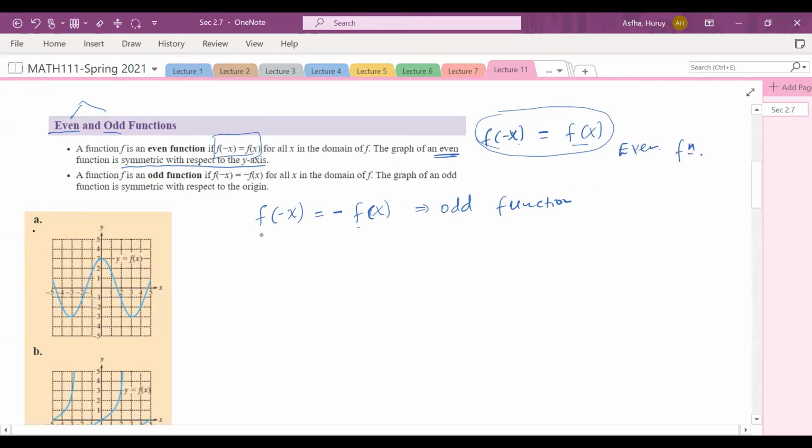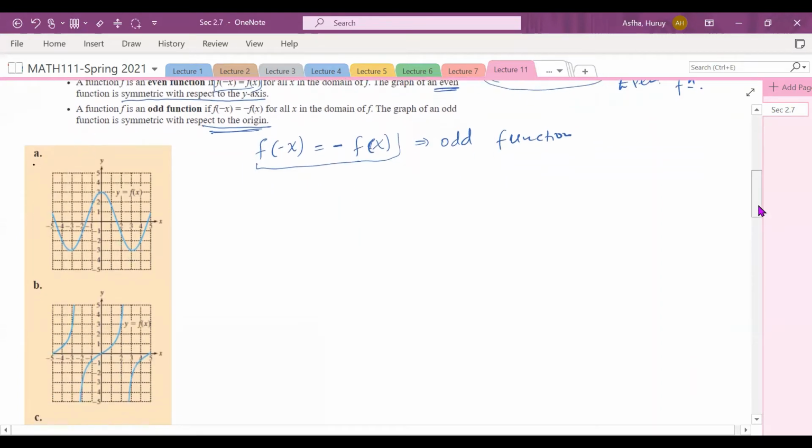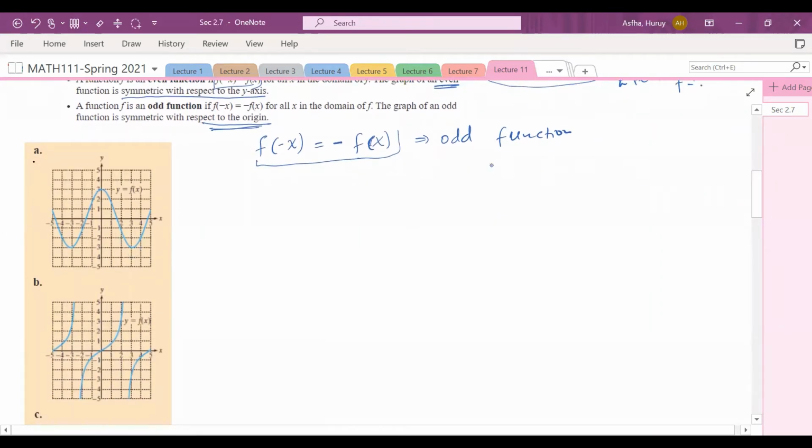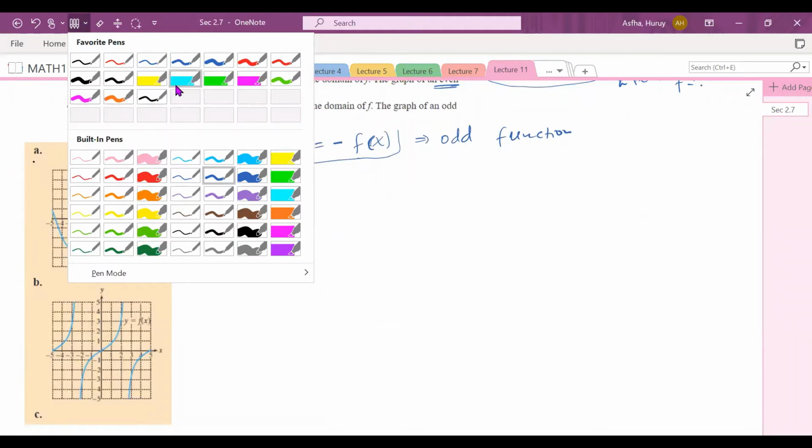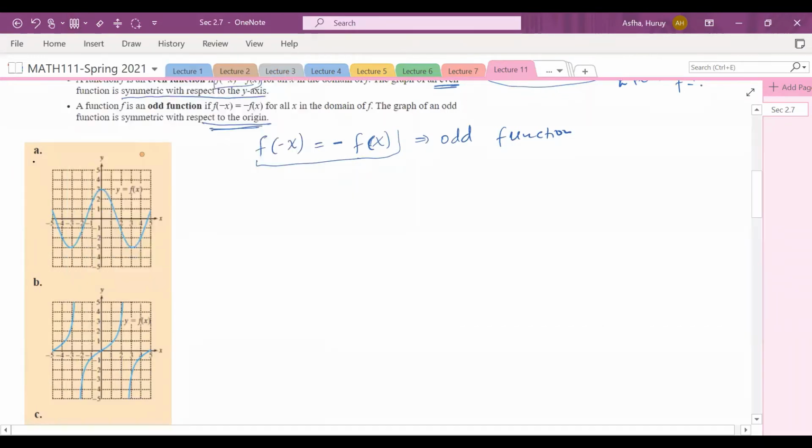Right? So if we have an odd function, any odd function is symmetric with respect to the origin. Therefore, of even and odd functions, one of them is symmetric with respect to the y-axis, and the other is with respect to the origin, not with the x-axis. Now let's consider these graphs and try to determine if